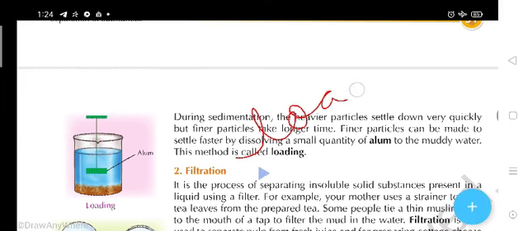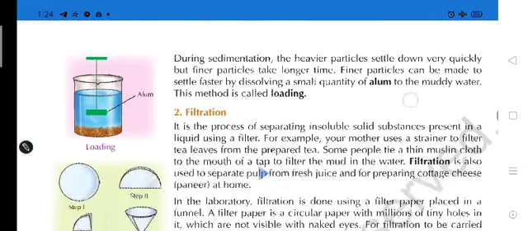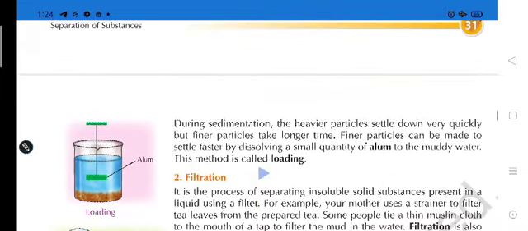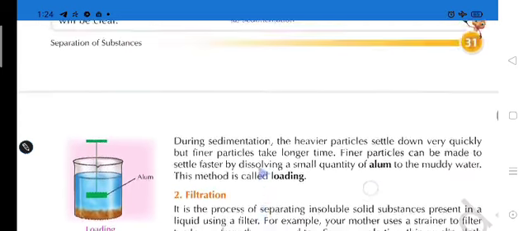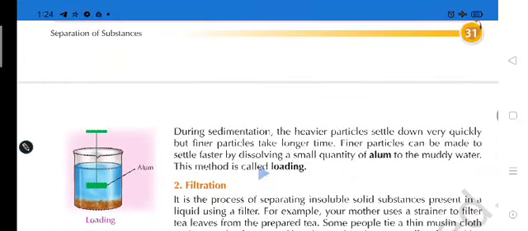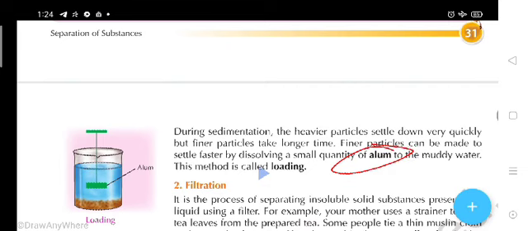When sedimentation takes place but the fine particles are still in the water, how can we clear that water? By using alum, in Hindi you can say fitkari. By using alum you can make those fine particles heavier, and complete sedimentation will take place.